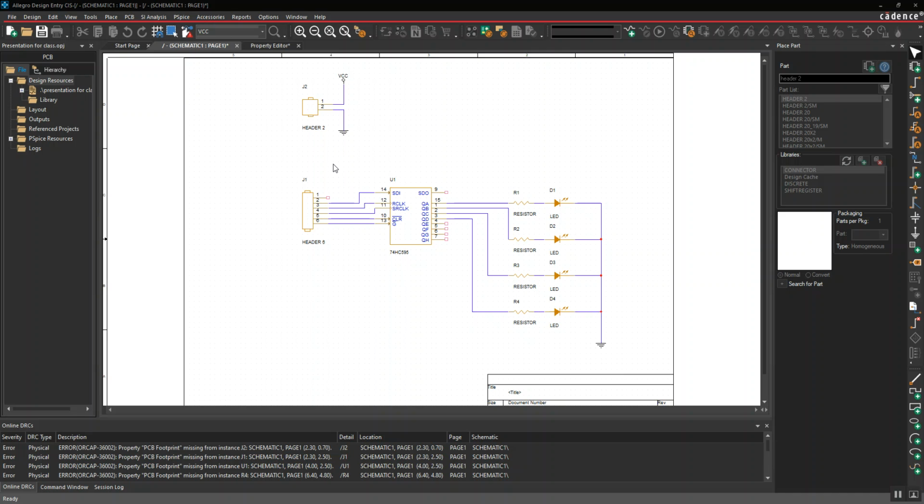Here we're going to talk a little bit about a couple issues and just some reminders to different things. So you may have noticed when we place the shift register in another video or right here that there seems to be something missing, the power pins. By default, a lot of the schematic